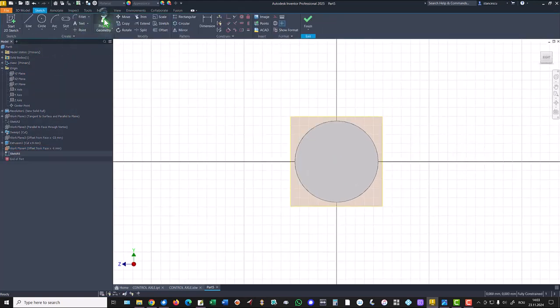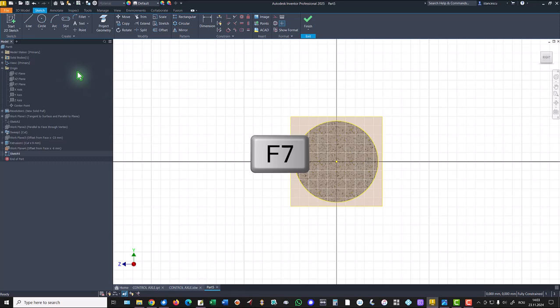We project geometry, this full circle, F7, we draw a line from one to other end on the circle. I suppose it is well placed here. Yes, it is. The distance is 4.5,